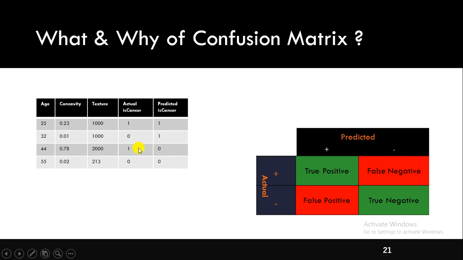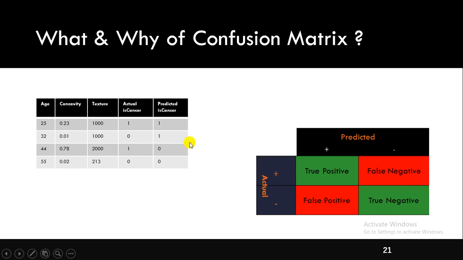But when you look at these two observations, some misclassification happened. The model messed up. If you look at this observation, the actual value is 0. That means this person is a non-cancer person, but my model wrongly classified this person as a cancerous patient. And also, if you look at this observation, actually this person is a cancer patient, whereas my model wrongly predicted a non-cancerous patient. And my model messed up here.